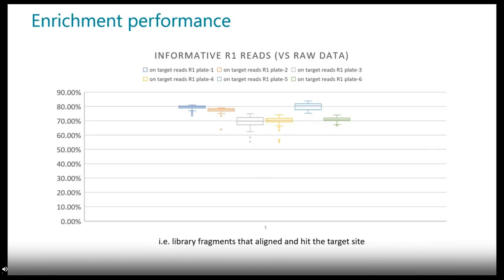The first performance value that we wanted to assess was the level of enrichment across plates and preparation. As you can see here, regardless of whether plates were processed on deck, on the benchtop, or half away, the percentage of raw reads that were finally informative in providing coverage over target loci was always in the range of 70 to 80%, which is a very important result, because if you compare any other NGS technologies, I